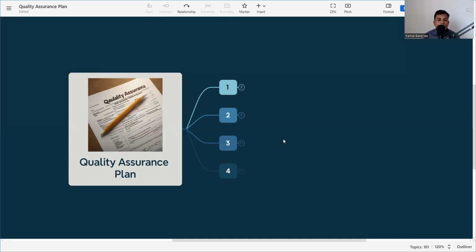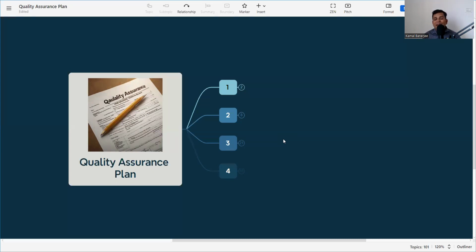That means every project has an output and every client has their set of parameters to accept the product or the services. Now, quality assurance is the set of procedures outlined to give the customer confidence that if it is followed at the site, it will definitely meet the requirement. So that is quality assurance.